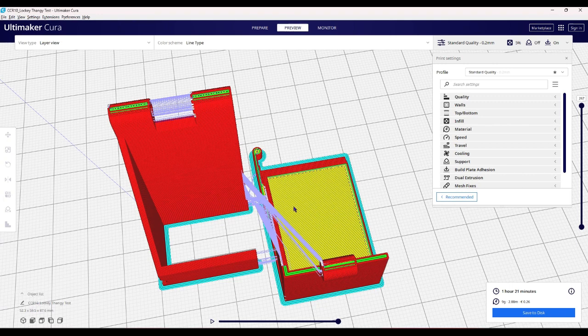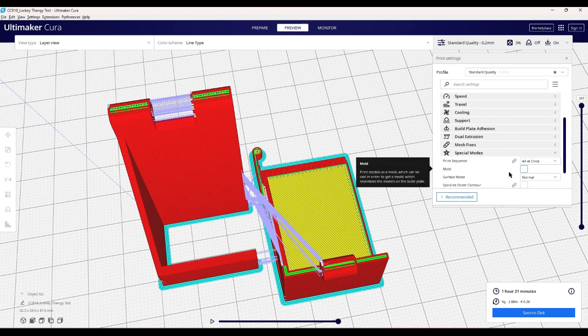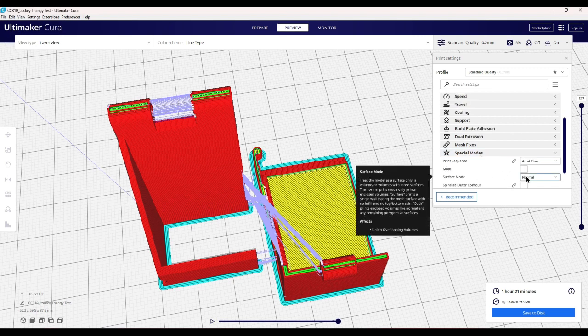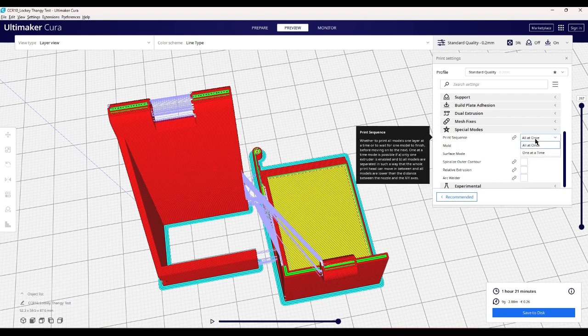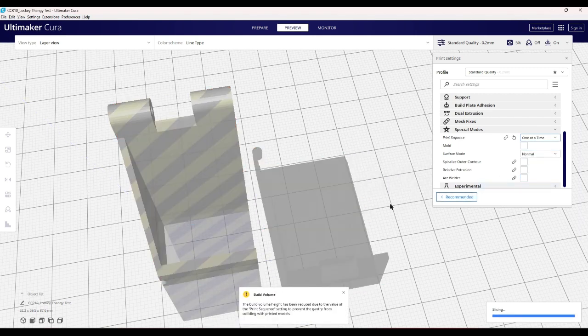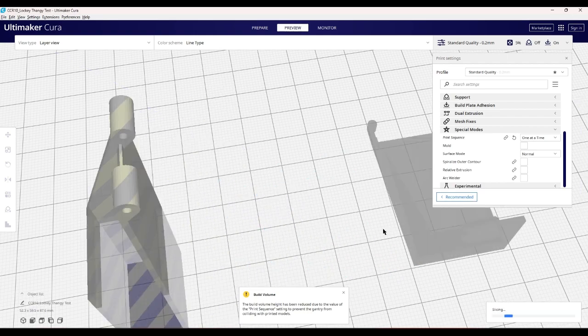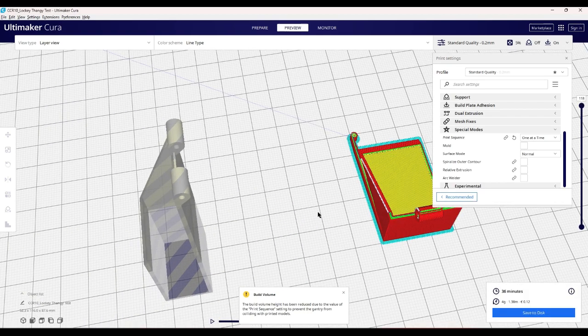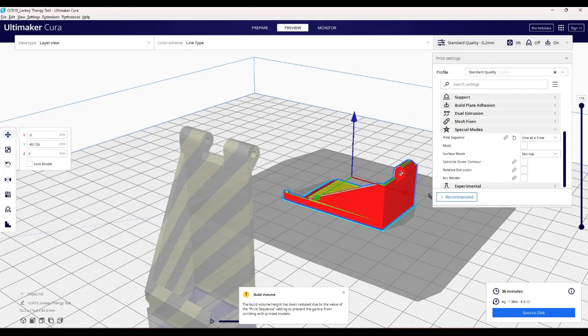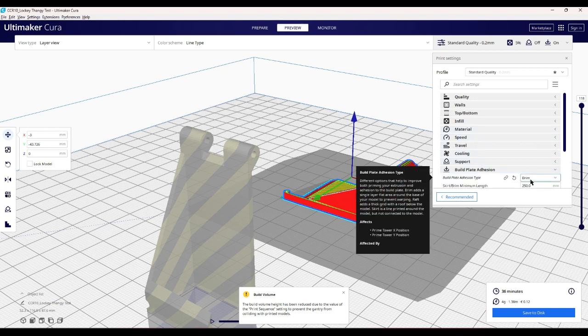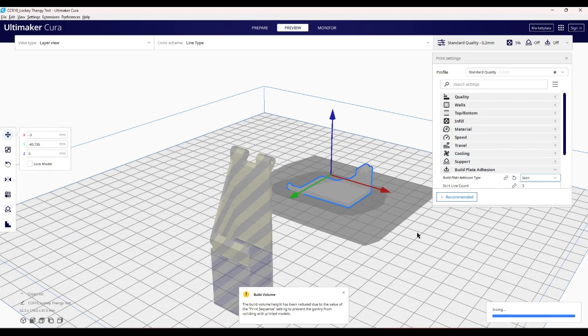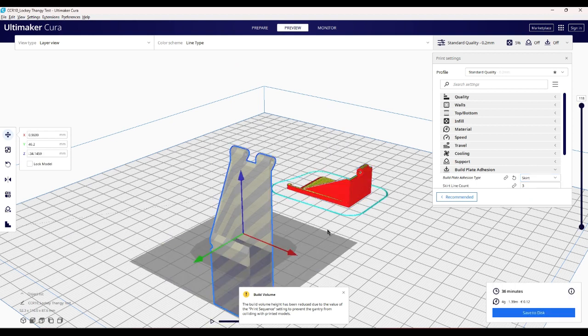This one should have a brim, but this one really shouldn't. What happens if I do one at a time? This one will get a skirt. And then this one